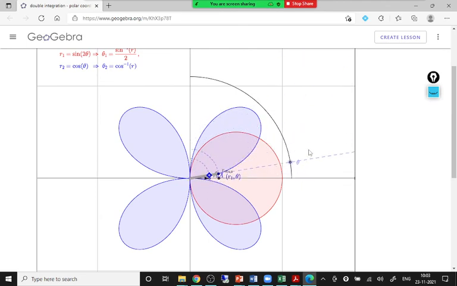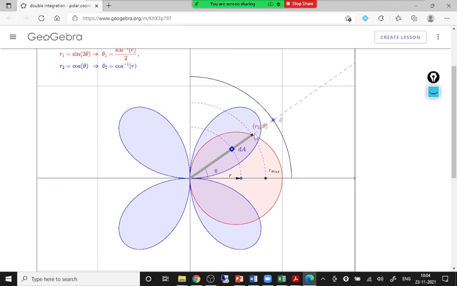Okay, so you have to drag the strip anti-clockwise, but the strip's lower end is fixed, and the upper end is only dragging. You may observe this upper end touches this curve first, so that gives the upper limit up to that line. After this point, the upper end varies on the circle. Then we have another limit. So here also there is a need to divide the region into sub-regions.